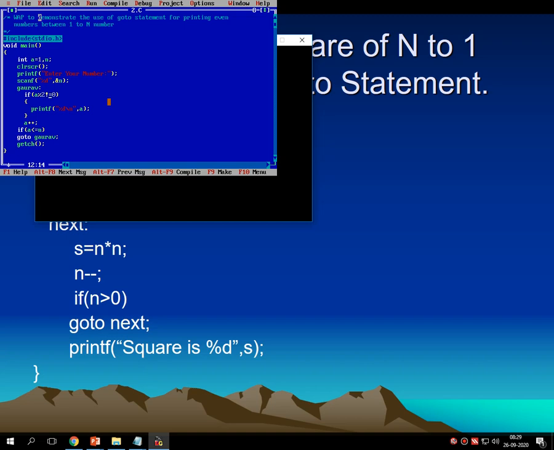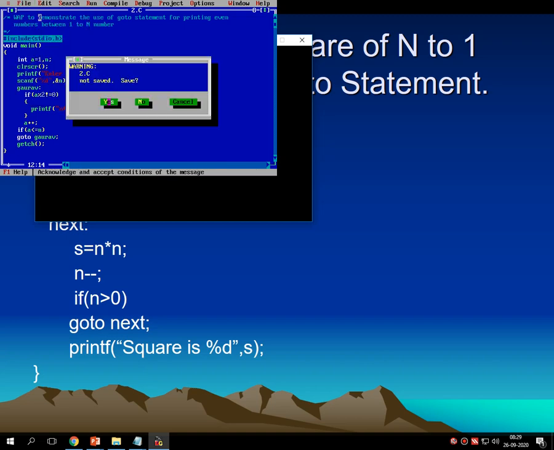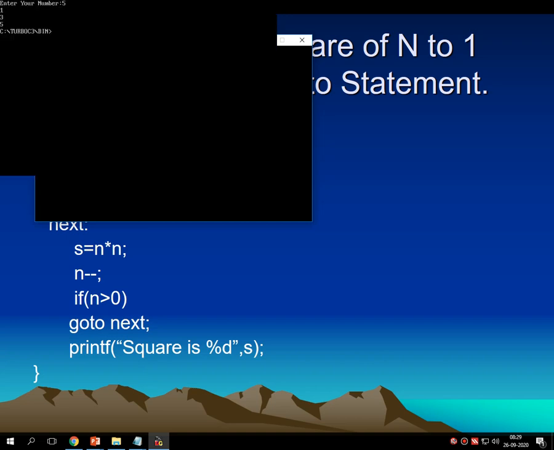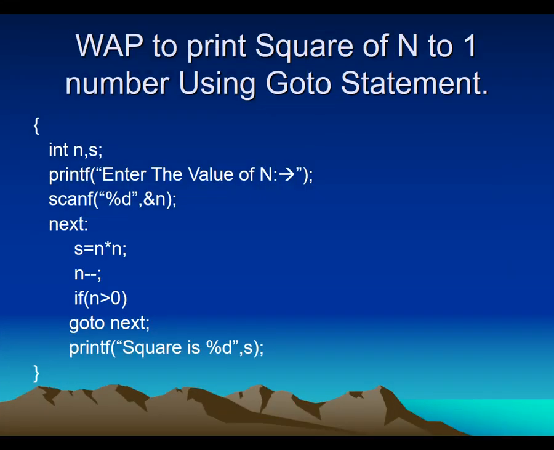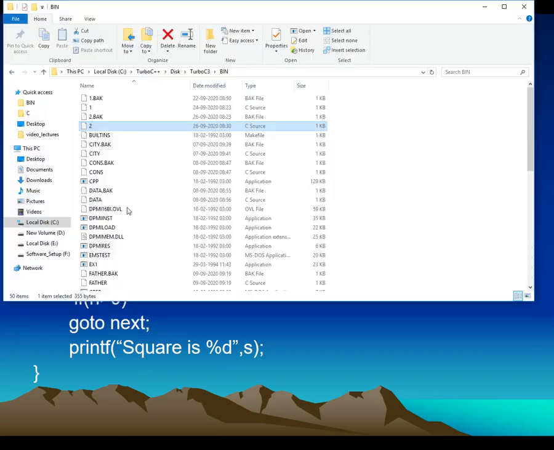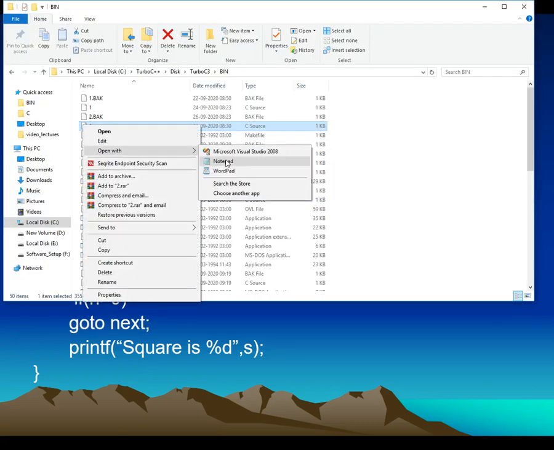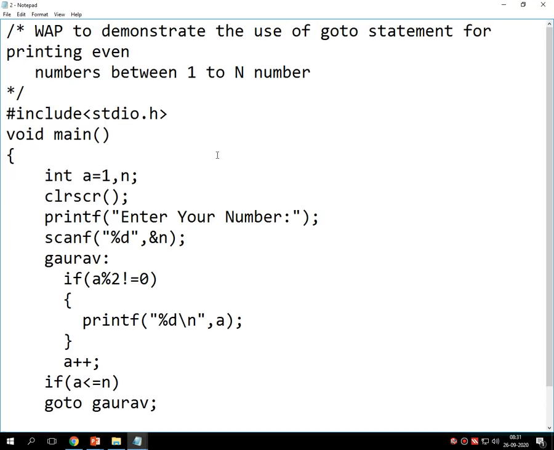What I have done in this program, let me show you in the notepad. By changing a single thing, this entire program works very fine. Here I have made the change. First it is equals to 0, that means it will check whether the remainder is 0, and it will check for not remainder 0.